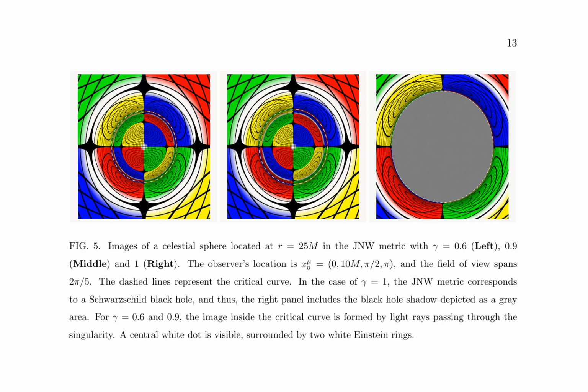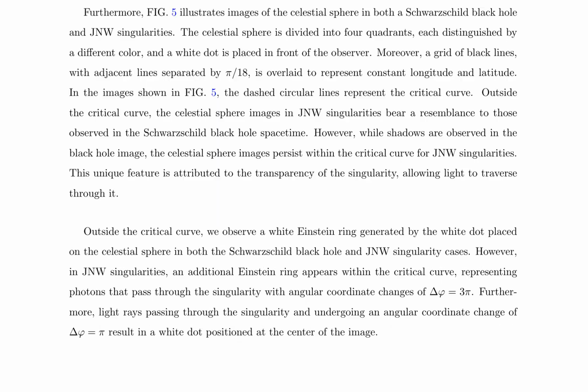JNW singularities with gamma equals 0.6 and 0.9 exhibit the image inside the critical curve formed by light rays passing through the singularity, featuring a central white dot surrounded by two white Einstein rings. The celestial sphere is divided into 4 quadrants, each distinguished by a different color, with a white dot placed in front of the observer. A grid of black lines with adjacent lines separated by pi/18 represents constant longitude and